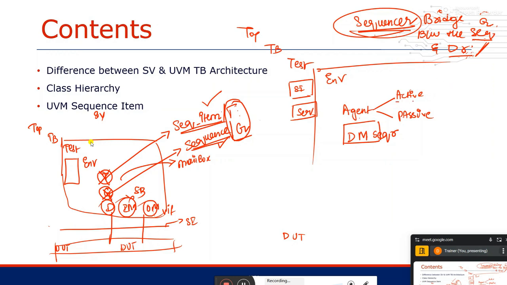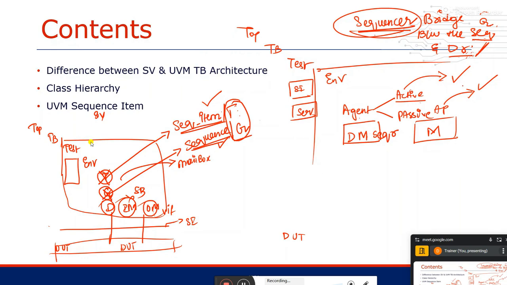If it is an active agent, inside the agent I will have driver, monitor, sequencer. Suppose you want to take a passive agent, in the passive agent you will have only one monitor. Can we take multiple passive agents, multiple active agents? Yes. As many active agents as you want you can take, as many passive agents as you want you can take.